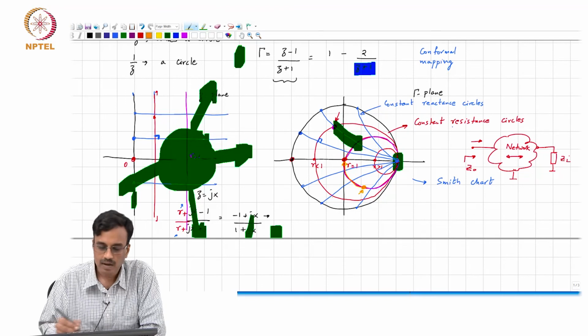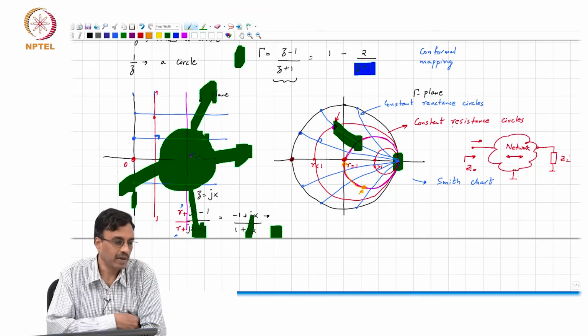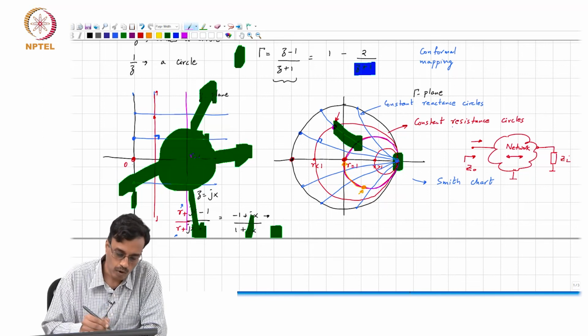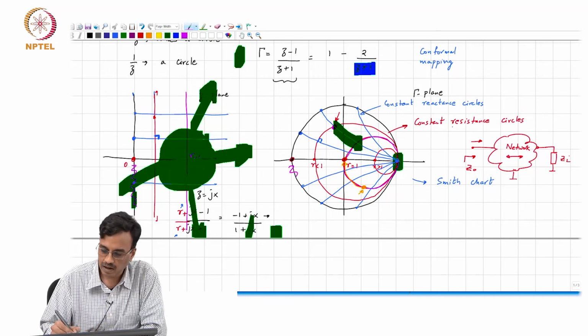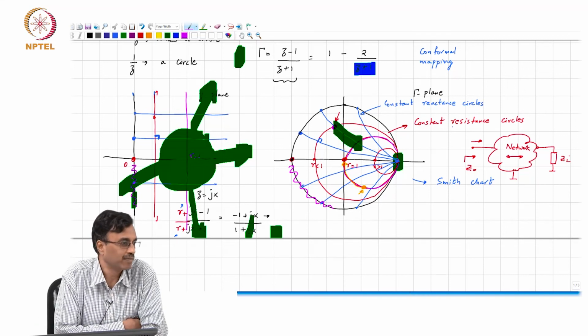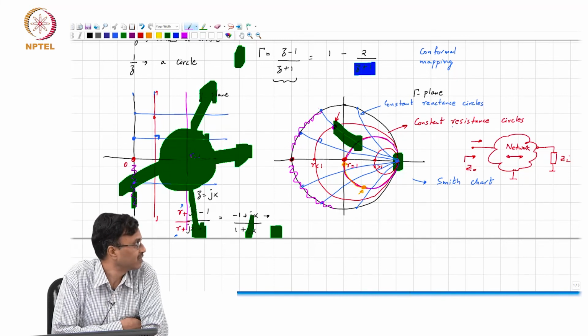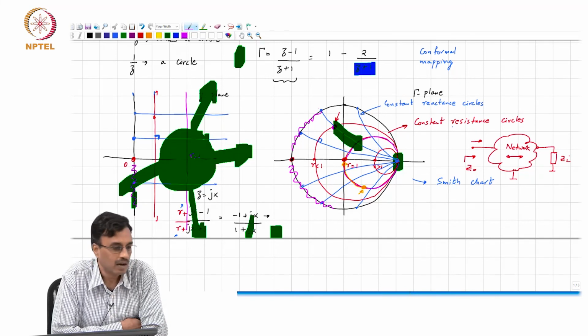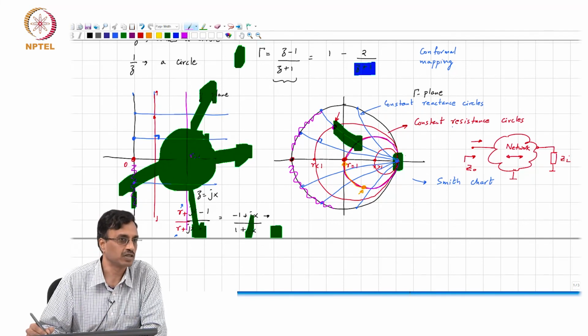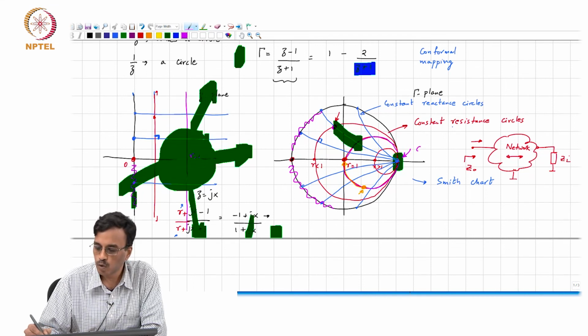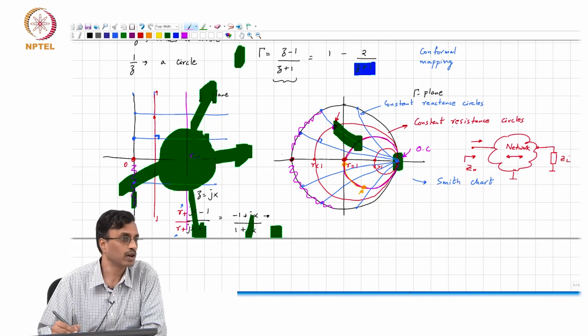Very good, right. So, the reactance of a capacitor is negative. So, you are going to be somewhere here, and that part corresponds to the lower half semicircle, right. If you measure an inductor, it's going to show up somewhere on the upper semicircle, right. The magnitude, as you can see, is always going to be 1. If you measure an open circuit, where are you going to be? This is the open circuit, right. And if you have a short circuit, where are you going to be? Well,